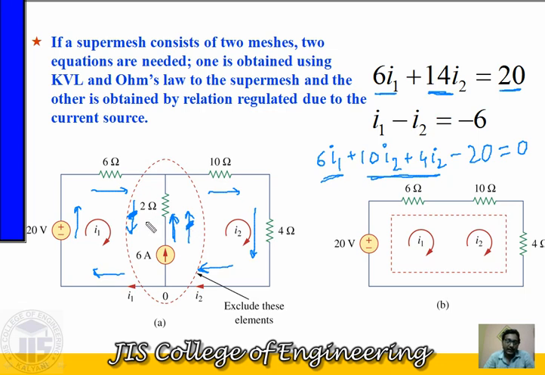So these two currents are in different directions, and our main current, the 6 ampere current source, has an upward direction. What is the actual upward current? The actual upward current is nothing but I2 minus I1. So we can write the second equation as I2 minus I1 in the upward direction, and the current source has a value of 6 ampere. So I2 minus I1 is equal to 6, that is your second equation, or we can write I1 minus I2 is equal to minus 6, both are the same equation. So there are two equations and obviously two unknown variables, I1 and I2.